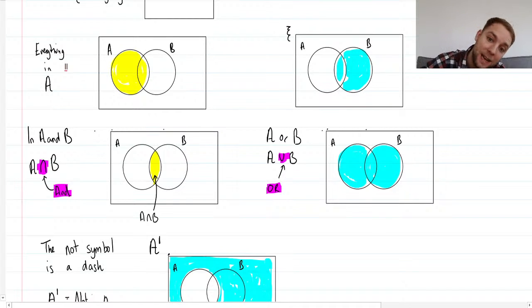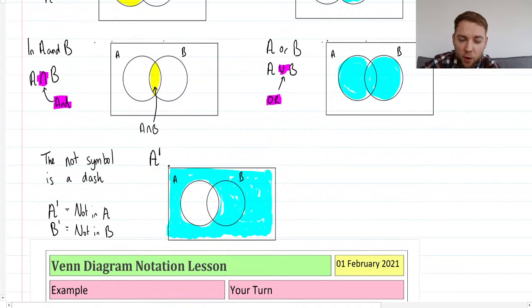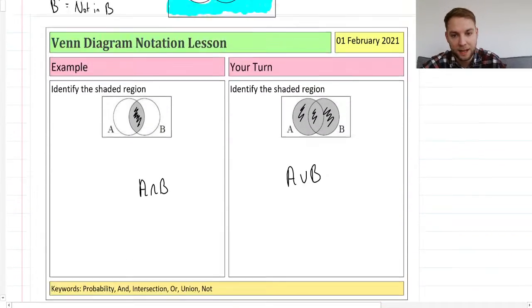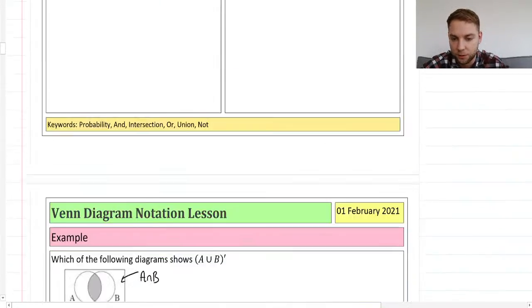Or means it can be in A or B, which is this one here on the right. And then we've got this not, which is like a little dash. So everything which is not in A is everything which is around here, so not in A there, like so. Brilliant. So let's go back down to the question which we were on,